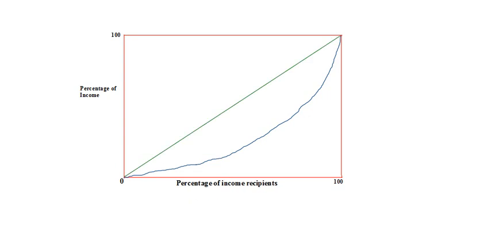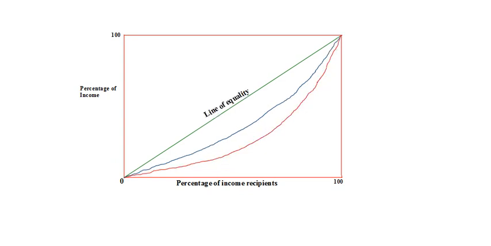So generally, if you compare a normal Lorenz curve from the line of perfect equality, you will find that there is some distance between the two. And as I said earlier, the farther the Lorenz curve from the line of perfect equality, higher is the income inequality. The closer is the Lorenz curve to the line of perfect equality, lower is the income inequality. So that's how you interpret.